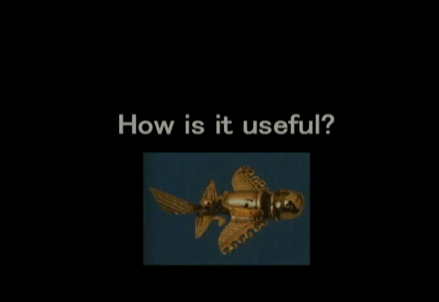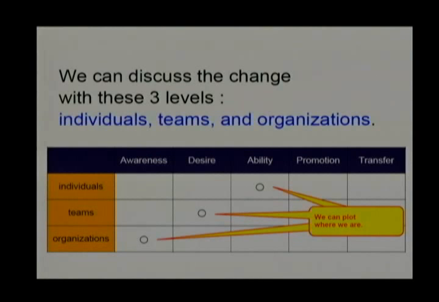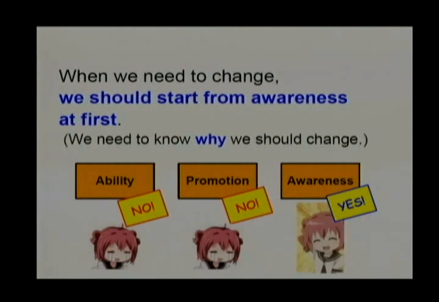And how is it useful? Why is this model useful? We can discuss change with these three levels: individuals, teams, and organizations. For example, I'm at ability, but my team is at desire, but my organization is only at awareness. And this model,